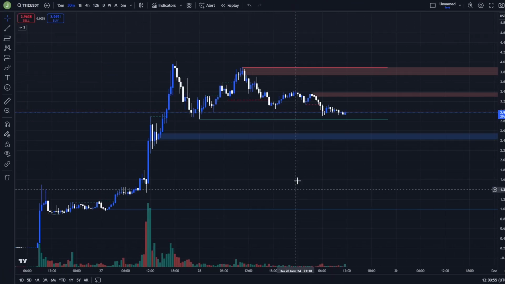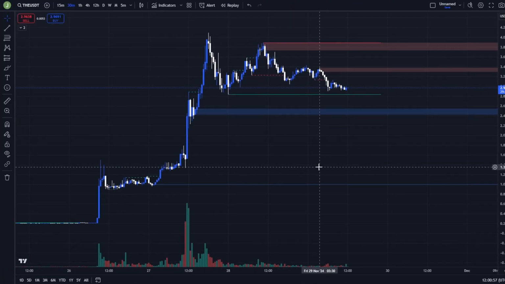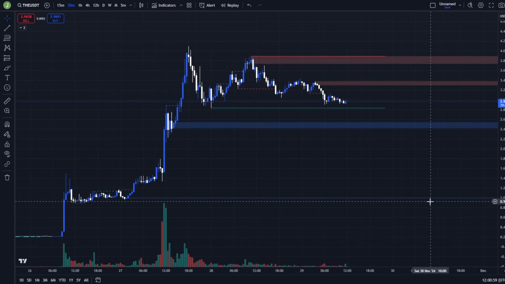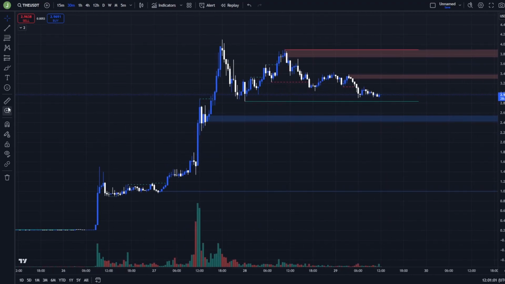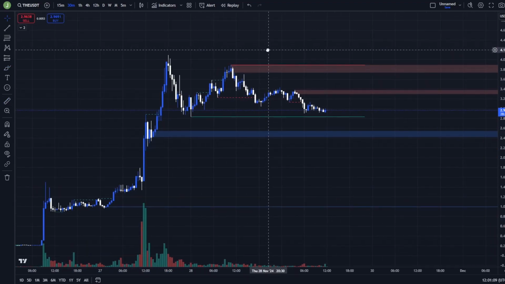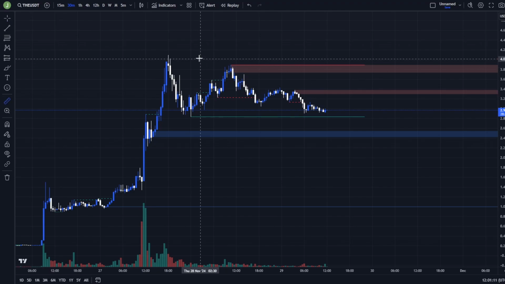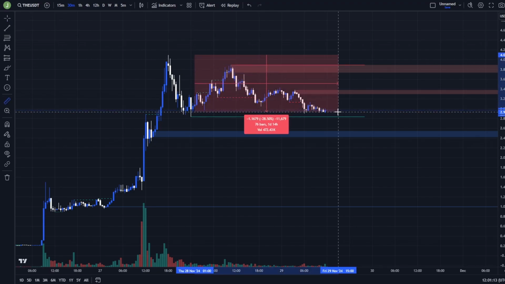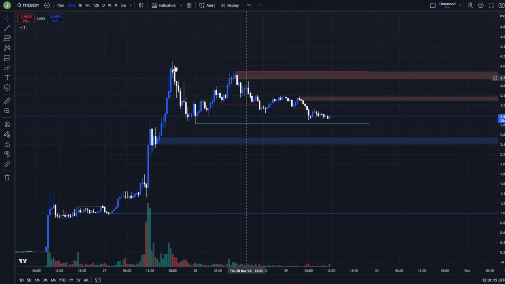Let's start today on a 30-minute chart. As you probably know, this coin was listed a few days ago on Binance and other exchanges. And right now, after something like a 1700% pump, we are having here the first small correction. This correction is about 28% of the net market,